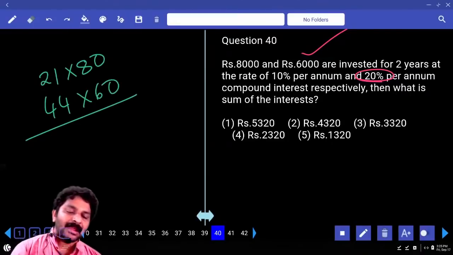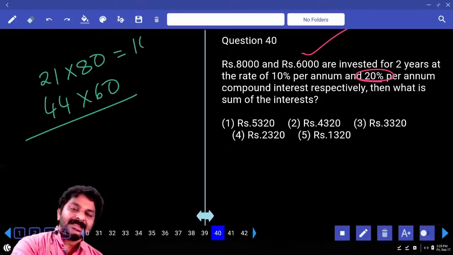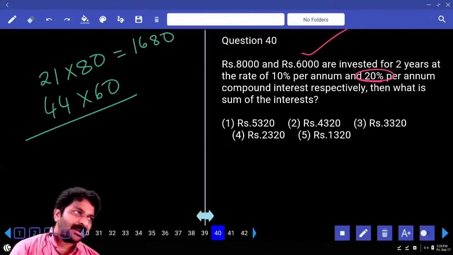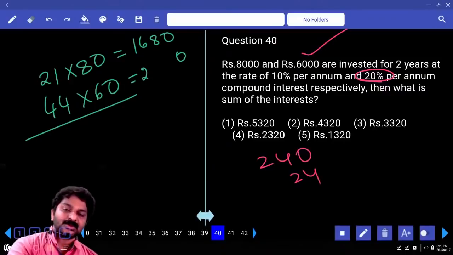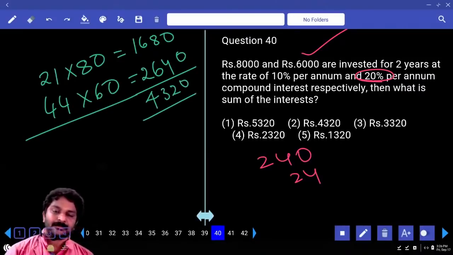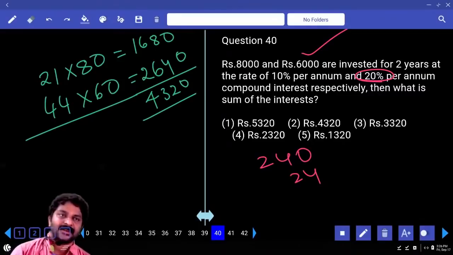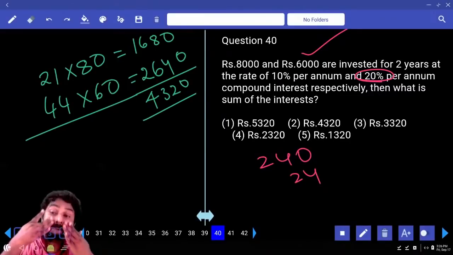Right. Now it is 8 times 21, 168, and then I am writing 0. 60 has 0, there will be 0, no doubt. 44, 6 times. 4 into 6, 24. That is 264, and then 0, 2640. The value is equal to 4320. 4320, second option, final. Over. So I think with this we all